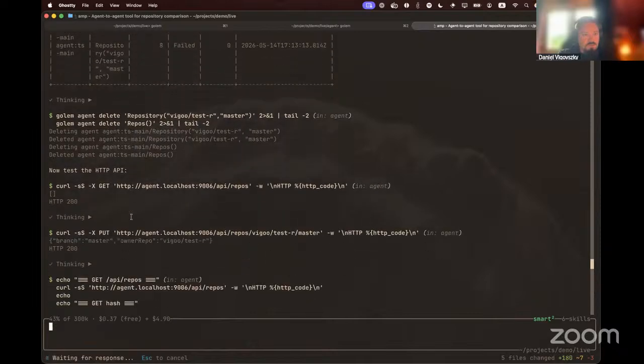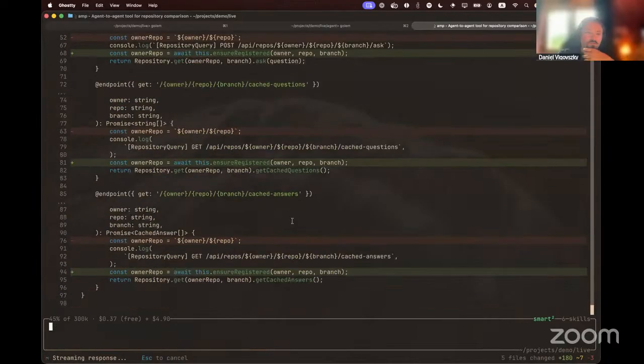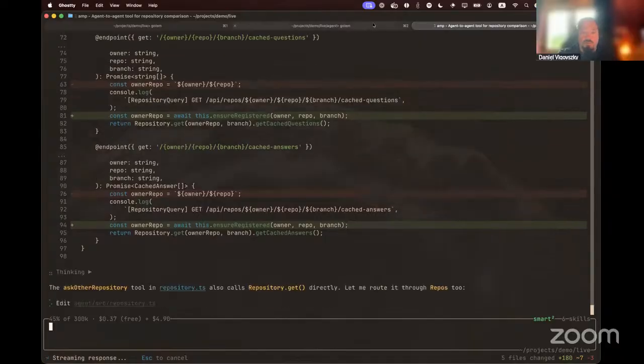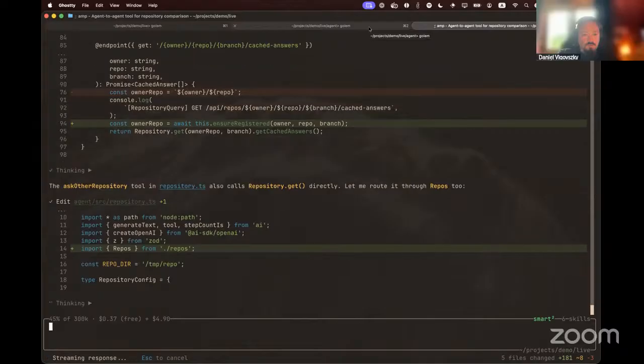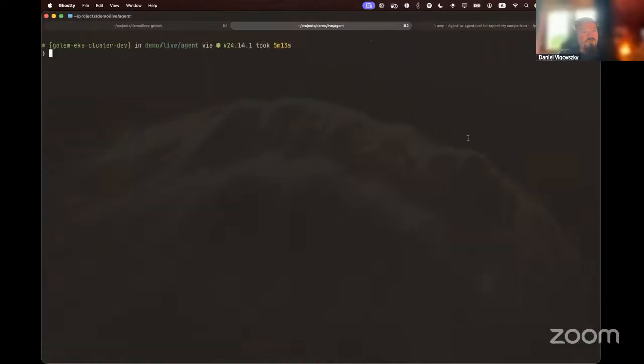And now it's making these changes that I asked for. And one more thing that I wanted to show in this step is, yeah, it's doing the right things, but it's not very interesting to watch, sorry. What I wanted to see is that we can do something like that. We can,